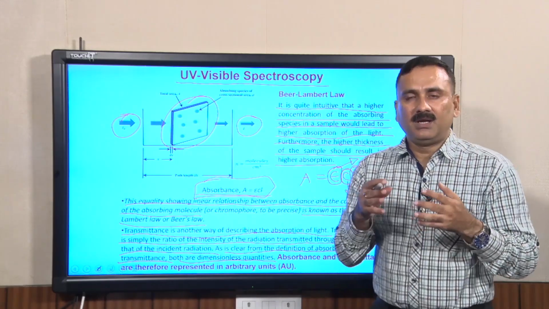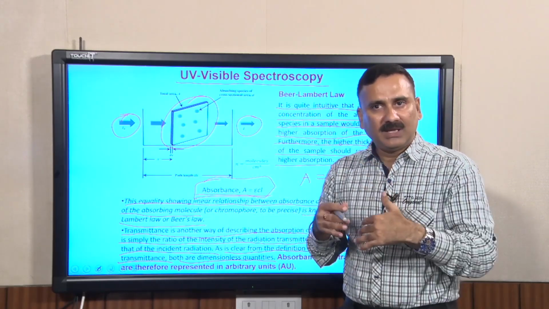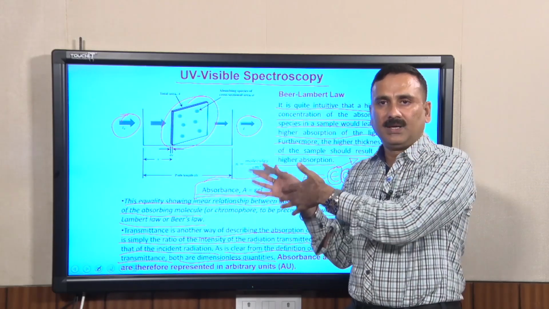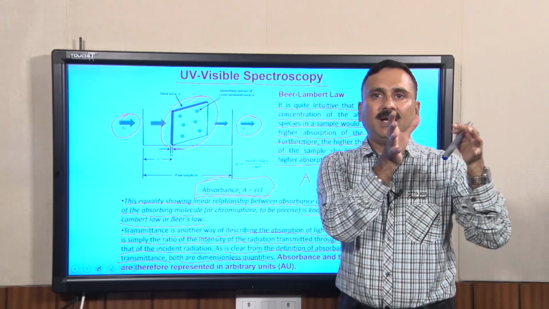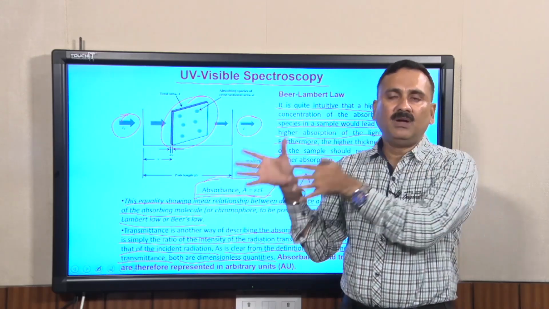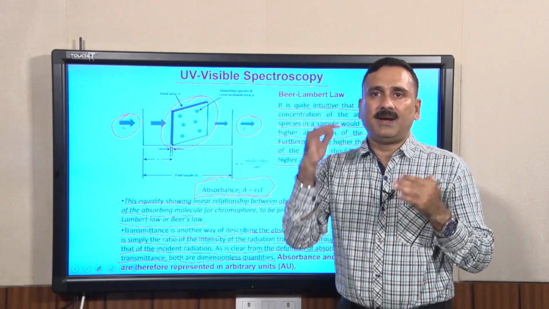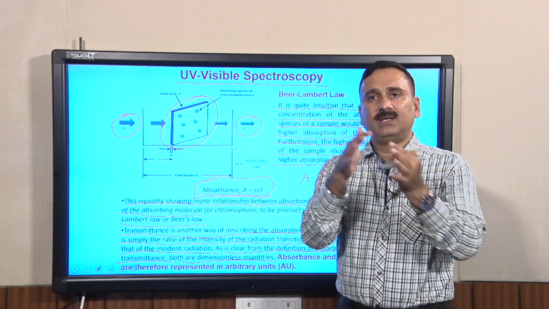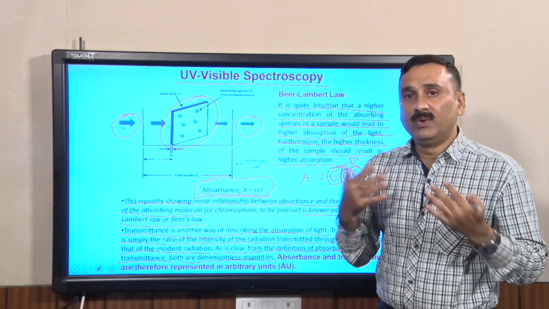In one case it is the ratio of the light which is being absorbed versus the total light, or in the other case it is the light which is passed through. But in both cases you are actually subtracting the initial value from the final value, and that is how it is a ratio. So, that is why absorption, absorbance or transmittance does not have any dimensions or any unit,